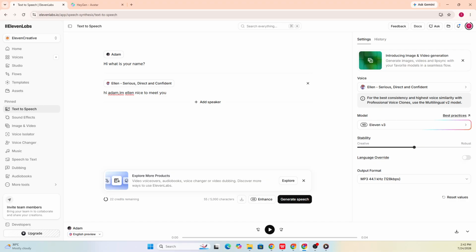Repeat this process whenever you want to introduce another speaker. Each time, click Add Speaker, choose where that speaker should begin, and then select a different voice from the voice library. After you've assigned all of your speakers and selected the voices you want to use, you're ready to enter